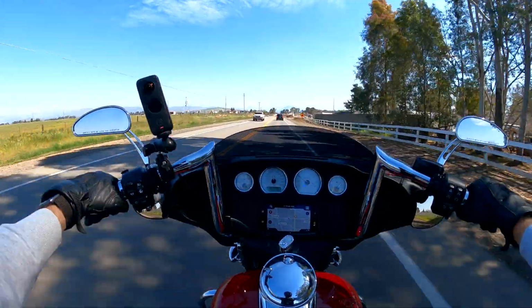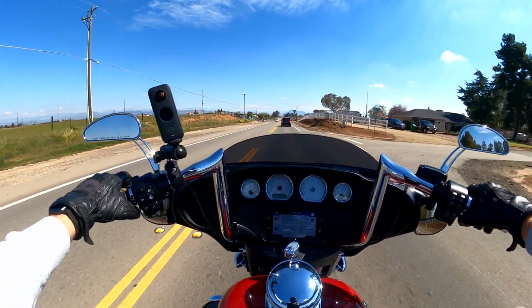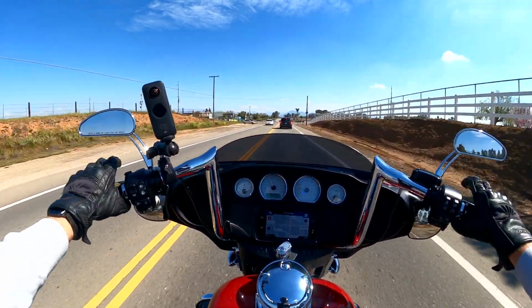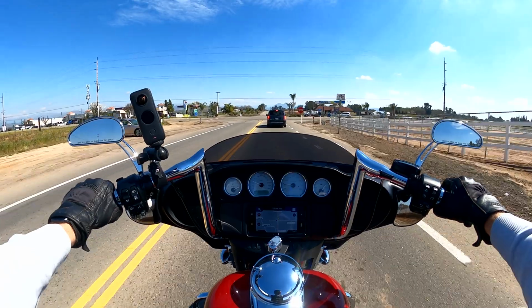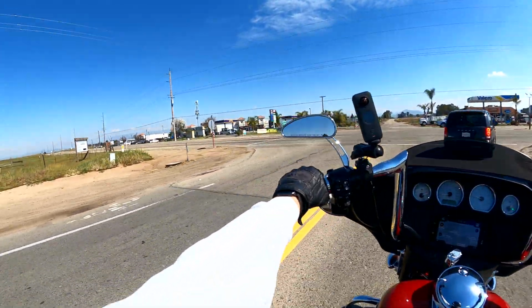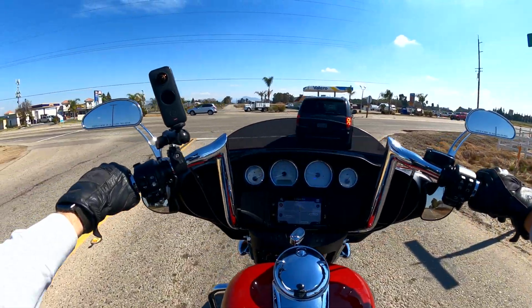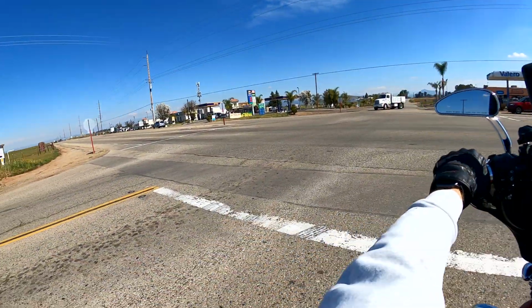But let's see, what else was I thinking? Oh, right. And last but not least, my riding position. So not only are my hands up higher than before, but I'm also sitting more upright. Before, with the 10-inch bars and with my old stock seat that I had on here before I replaced it with the Lapera,